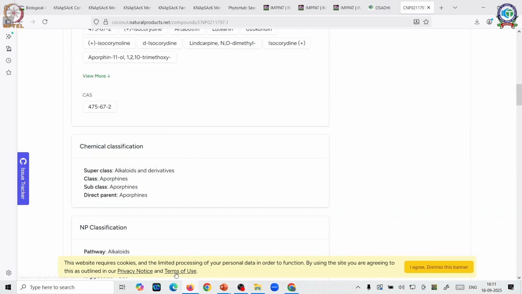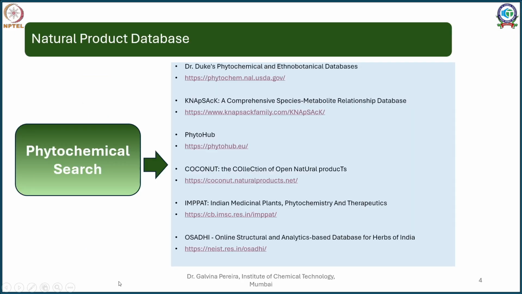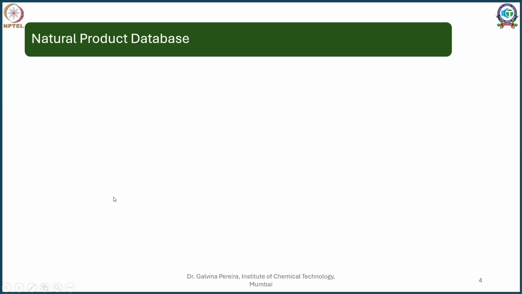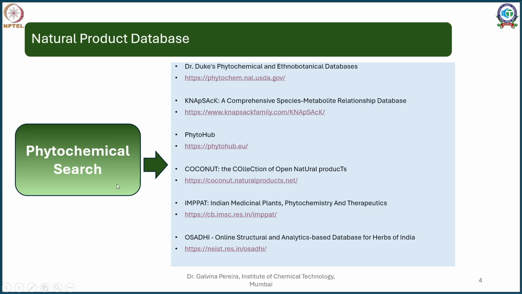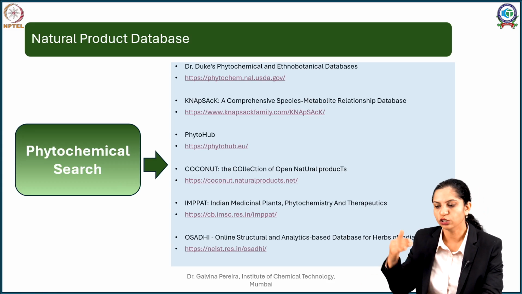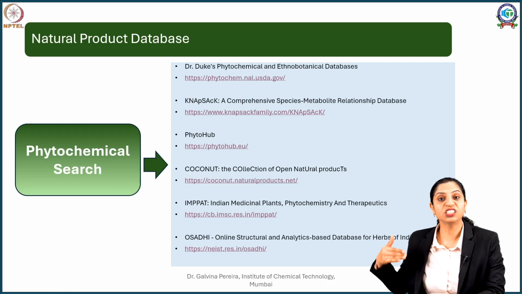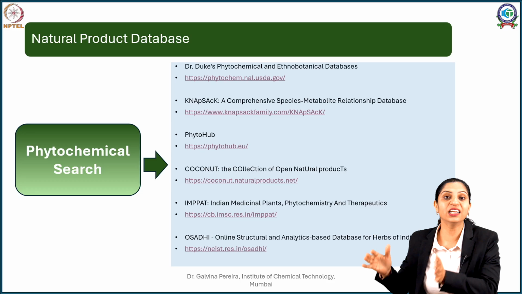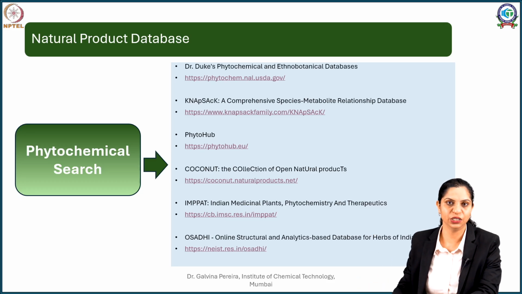So just quickly summarizing this. What we saw is, in addition to our previous database which told us about the plants, as well as therapeutic databases which told us about the pharmacological activity, especially of the traditional medicines, in today's session we saw databases which will give us the list of phytoconstituents. So you can search the plant, you can search the traditional application, and once you are done with that, you search or curate a list of compounds which are present in it.